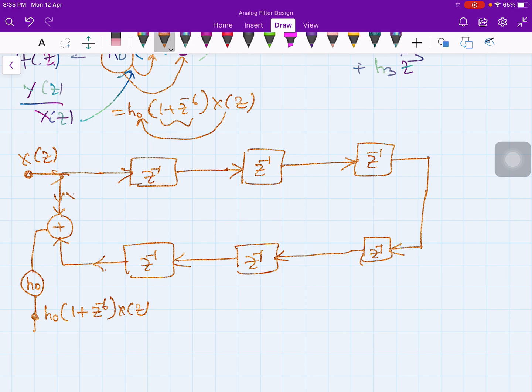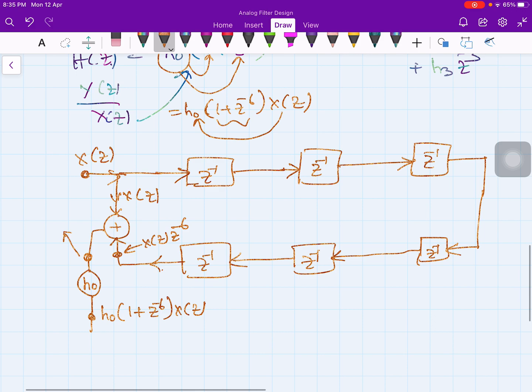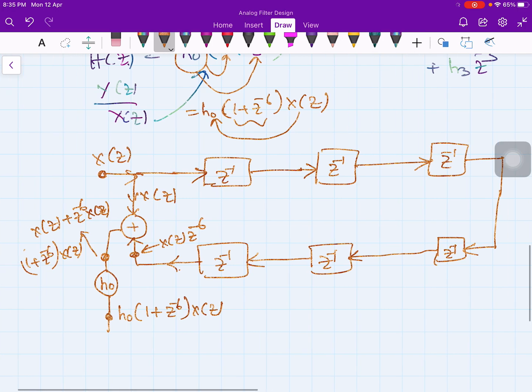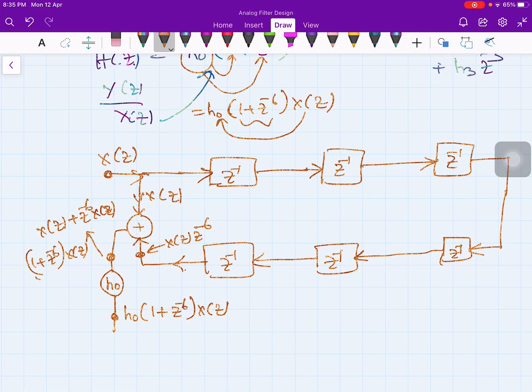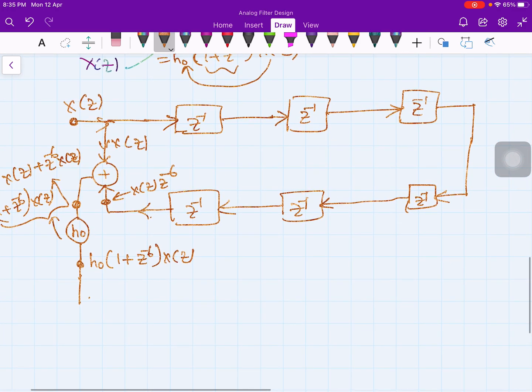So x of z comes here, and in this point you get x of z multiplied by z to the minus 6. So in this point you get x of z plus z to the minus 6 x of z. Therefore 1 plus z to the minus 6 times x of z, and then this quantity is multiplied by this guy, so you get this. That's it. So this one, and here you add these two guys,